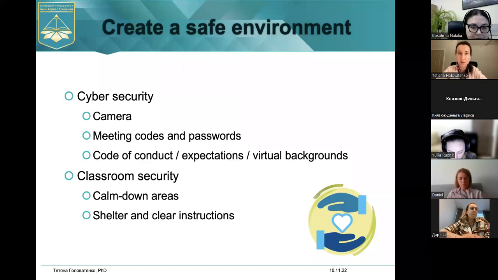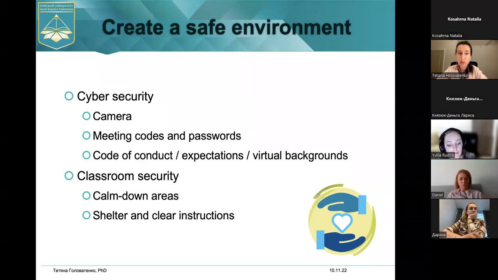That area can be some cozy corner in your classroom where a child can see some book, some comic book, or can eat a candy or maybe some piece of fruit, and by changing the environment and changing something that is around them, they can calm down.